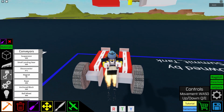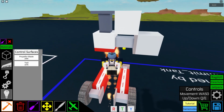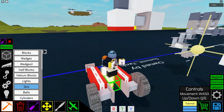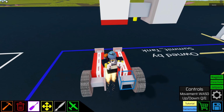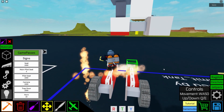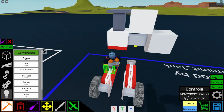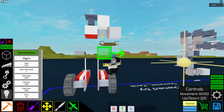And then maybe we can have, what do we want? What's something that would make these look nice? We want a stock on them, but we also need something that goes up above them. So for now, we'll run some trails, just some little trails, and then we'll connect it to a camera. And what's going to happen is these are going to angle together